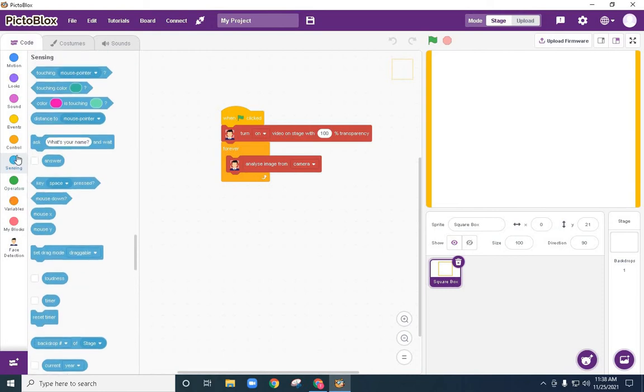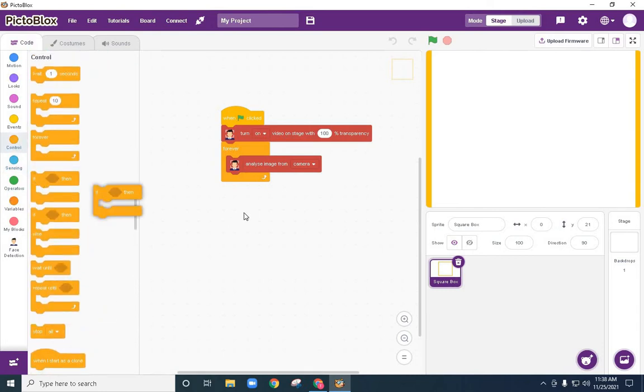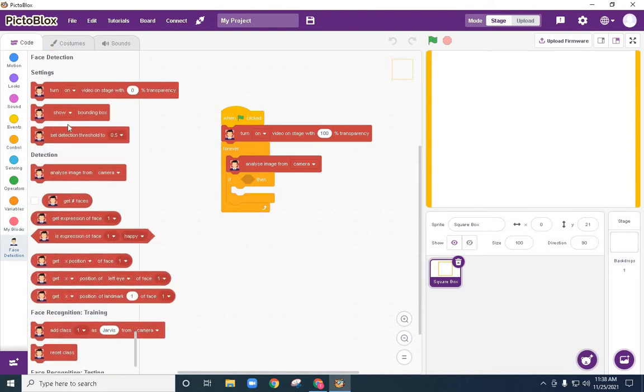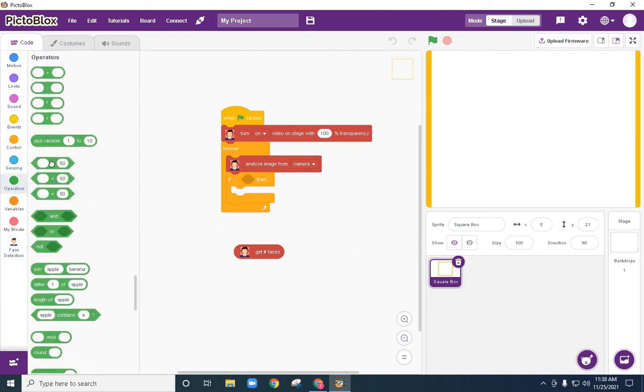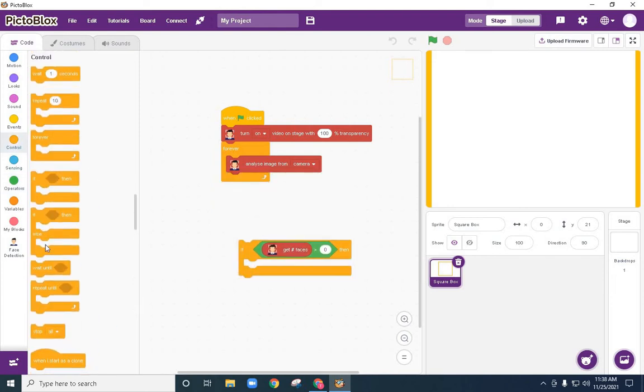Otherwise, now the condition, we will check the condition in control. If, then face, we have to get faces, and if it is 0, I'll put it here, make it 0, means it will see whether the face is there or not. If it is greater than 0, I'm sorry, I have to use if else. Otherwise it will not display a message.